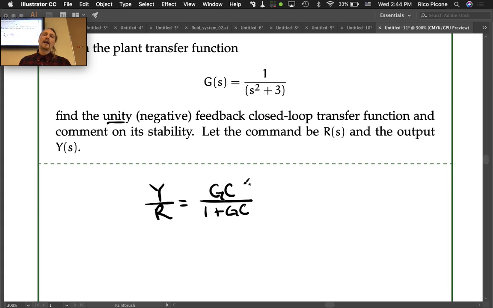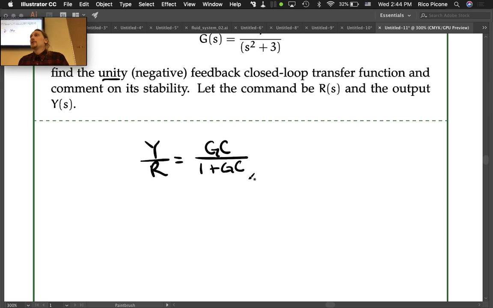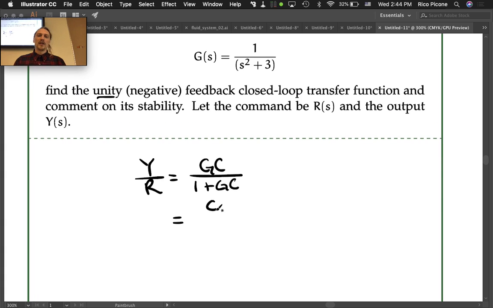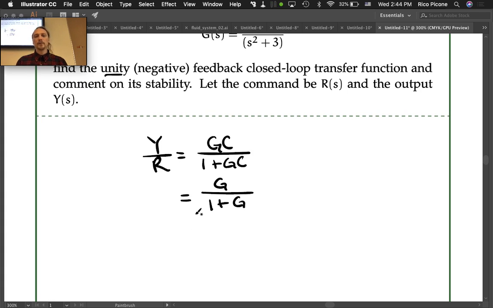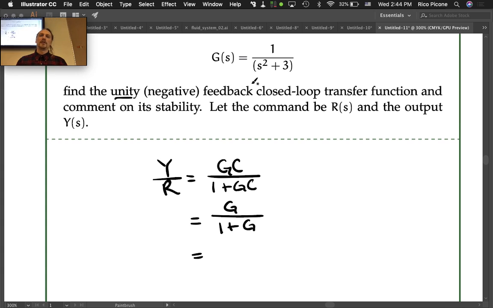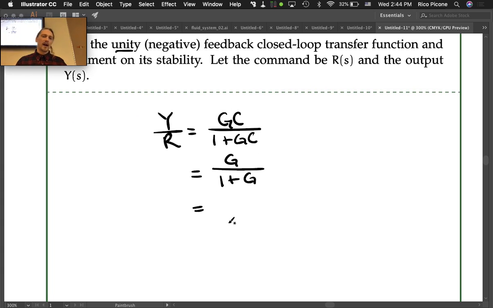Now, I don't mention a controller here, so assume that the controller is just 1, and we'll just say C is 1. If I gave a controller, we would put whatever that is in here. So we've just got G over 1 plus G. Now, if you plug in the G that's given, it reduces down to 1 over s squared plus 4,